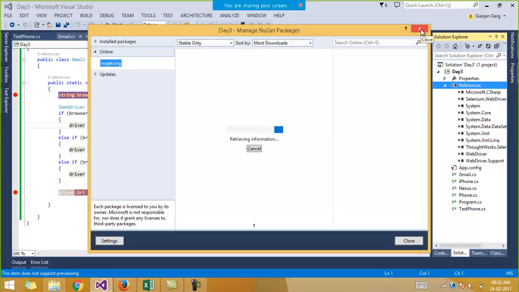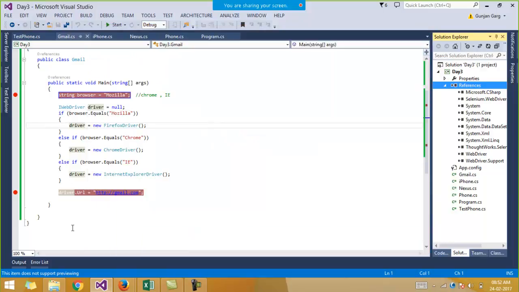I think the problem is because of the Firefox version, because 2.53, like which Selenium version are you using? I don't know, like how to find out. I told you in yesterday's class. Yeah, same one. Whatever you said, I downloaded the same. It was not working. Then I went to the reference and instead of downloading it, I just referenced it.